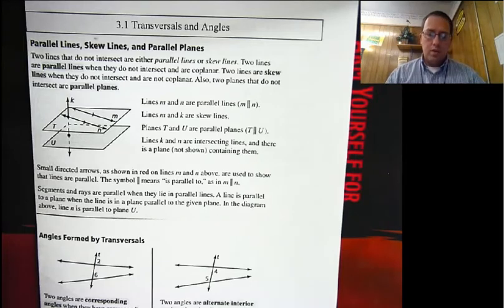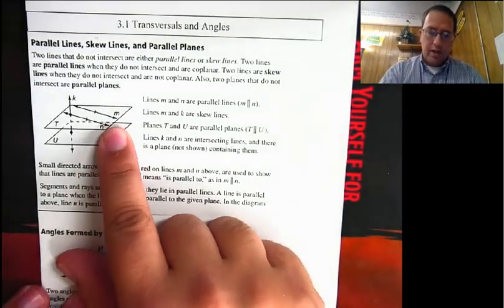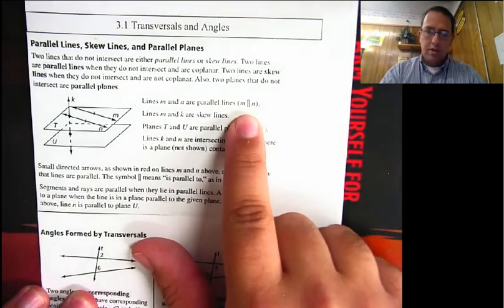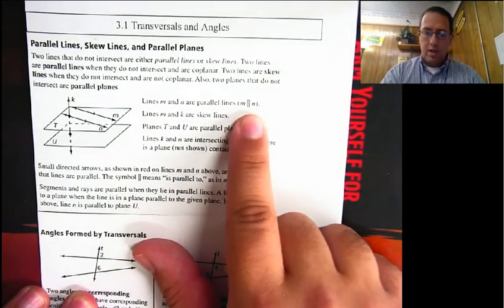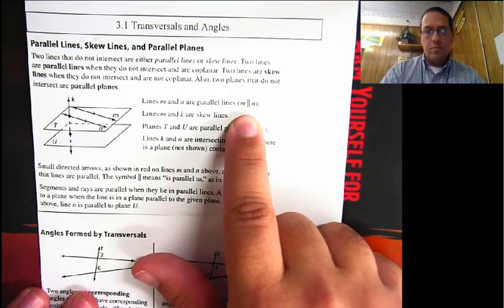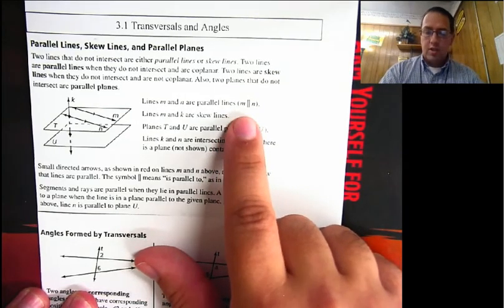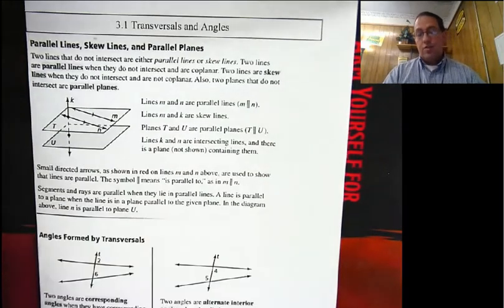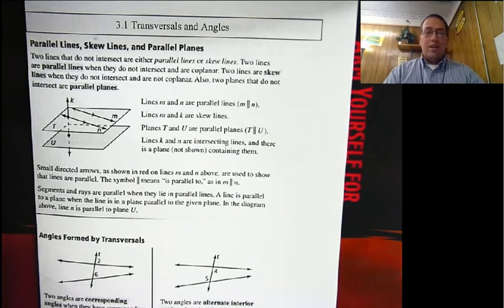All right. And this is what most people think about when they think two lines that don't intersect. Okay. So, for example, line N and line M are parallel lines. Notice here it's got these two little lines in between M and N. Those two little lines there mean parallel. So that's how we read that. M is parallel to N. Okay. Now, two lines that are not on the same plane, lines that are not parallel and do not intersect,